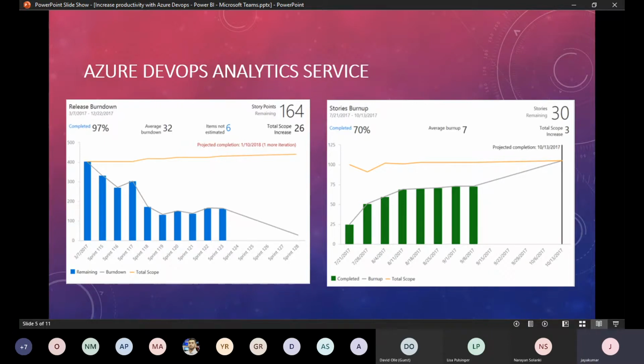But the thing is, even though we have these kinds of reports, they are not customizable. We can add our own widgets, but still, if you want to generate your own report in a defined way that your customer or your company expects, there Power BI plays a great role.